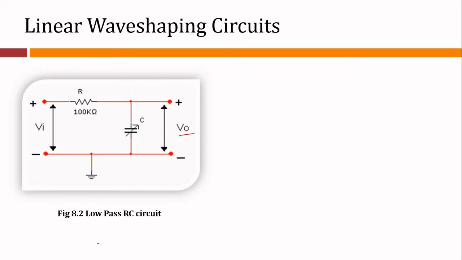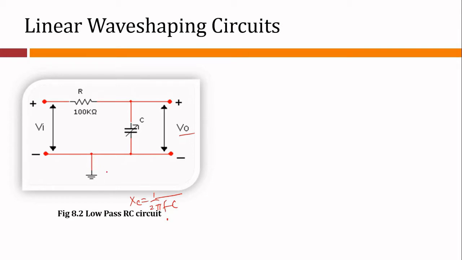Fine. So at zero frequency, the capacitor is going to offer a reactance Xc equal to 1 upon 2 pi FC. Now let us try to understand. The input is kept constant, and frequency is varied. At zero frequency, meaning it's a DC voltage, the capacitor reactance, 1 by 0, is infinity. So it will offer very high resistance, and there won't be any current passing through this wire. So whatever we are applying at the input will be available at the output. So at zero frequency the capacitor acts as an open circuit and the output is the same as the input. It is just like two parallel wires.